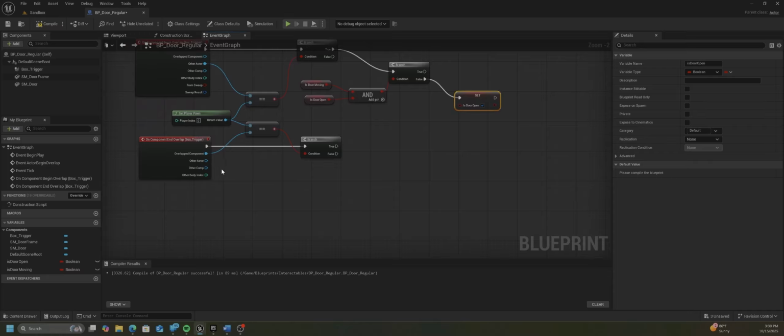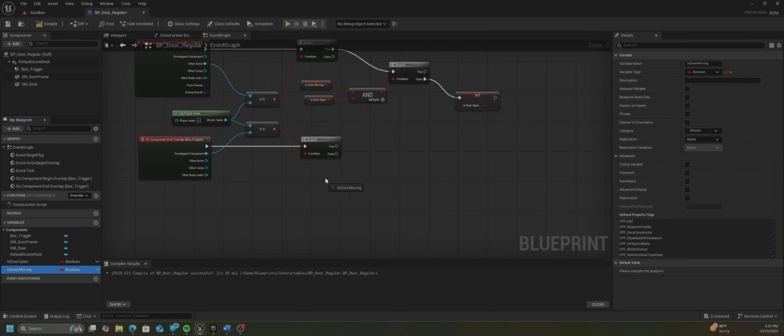Now for this one down here, once we leave the box, we want to make sure that the door is going to close, right? So in order to do that, we're not going to be able to use the and. We used the and because both of these need to be false. But in this case, first we're going to check to make sure that the door